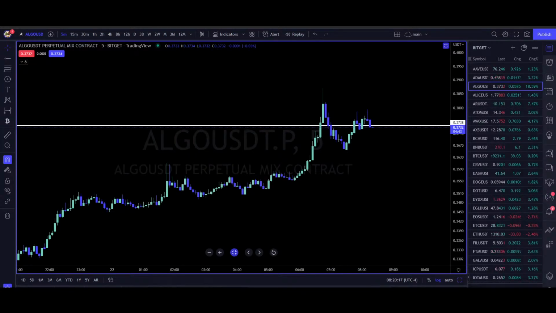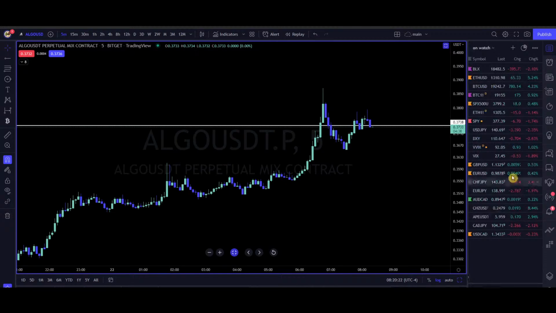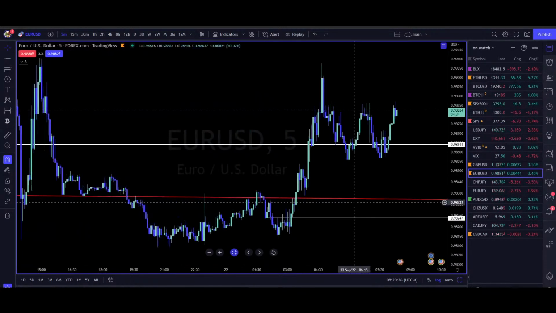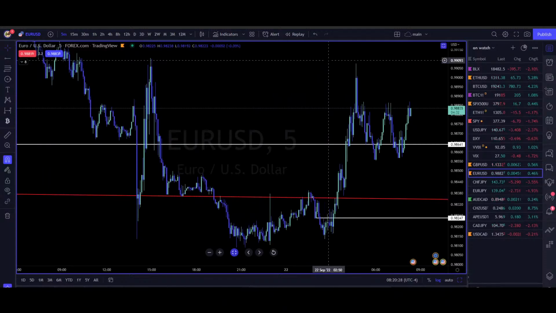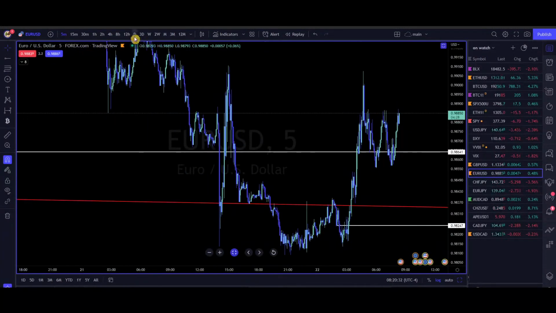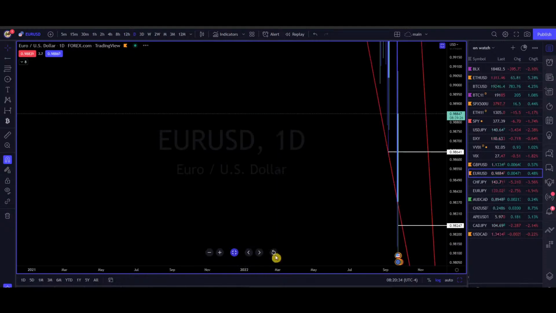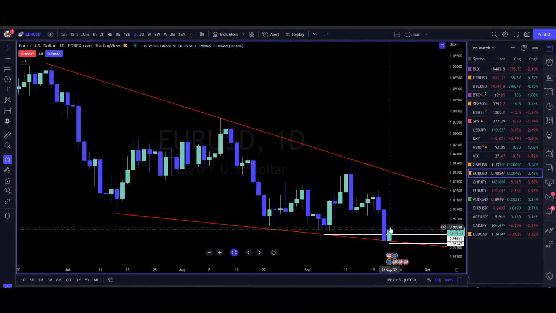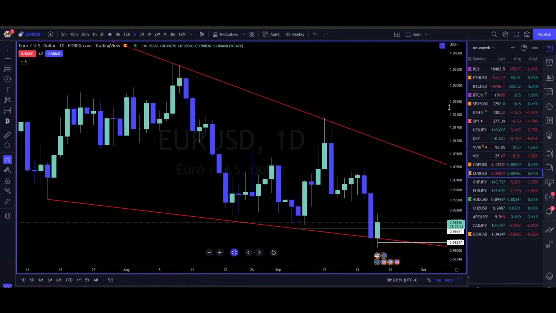All right, so got it pulled up, got algo pulled up over here on Bitget. So let's go back over to our watch list. Euro USD having a nice move, not quite getting back above parity. Parity is up here, so we'll see if it does climb its way back up there. Obviously today, a lot of these moves could just simply be bounces after the fact.